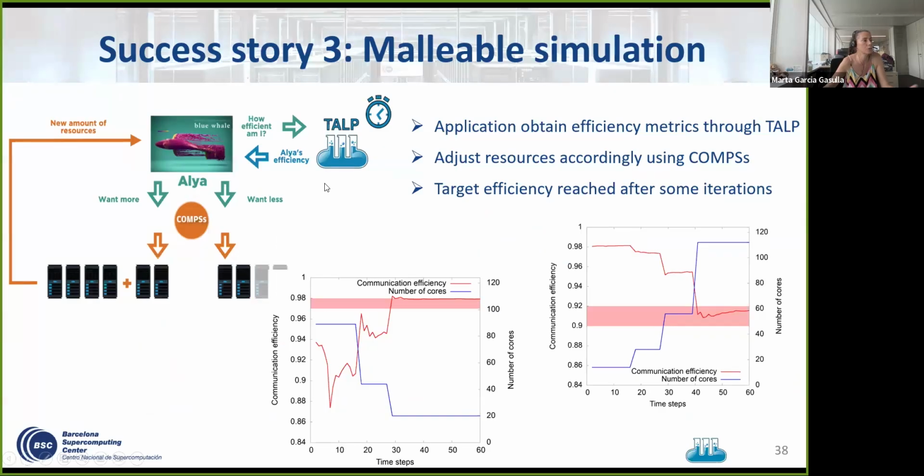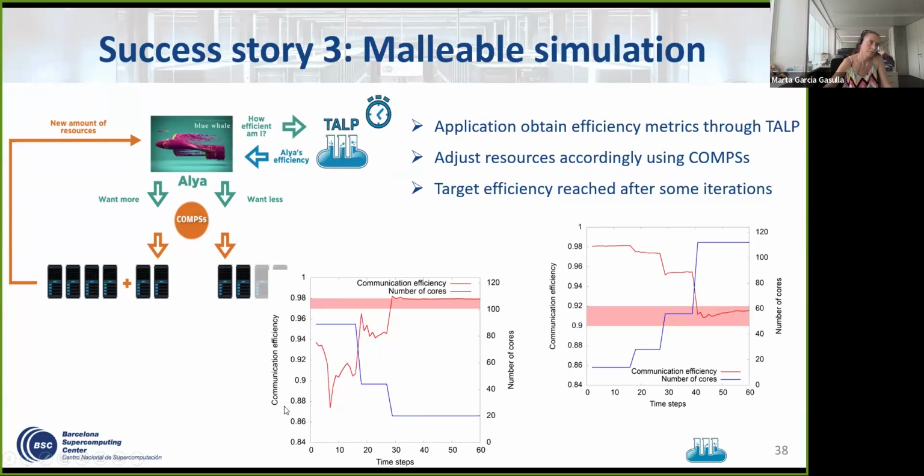And one use case that we did is to integrate TALP with one application that is called Alya. And Alya was getting the metrics from TALP and deciding if the metrics were not what Alya wanted, or what it was coded as the target efficiencies, it would change the number of resources that it was using, either increase or decrease it. You can see in the plots, in the x-axis, you have the different time steps. And in the y-axis,